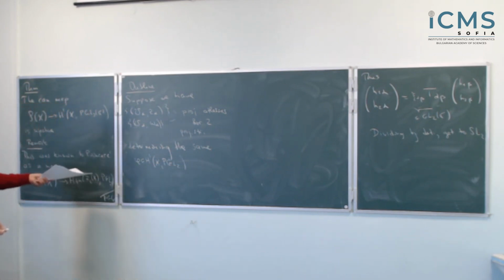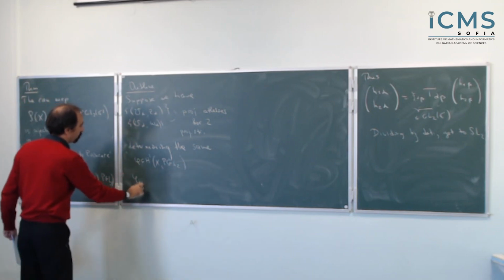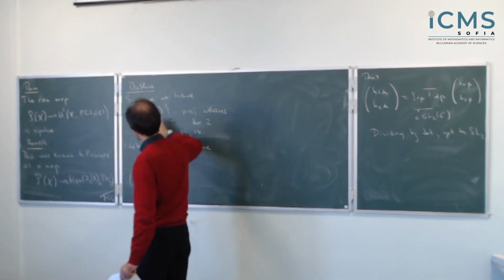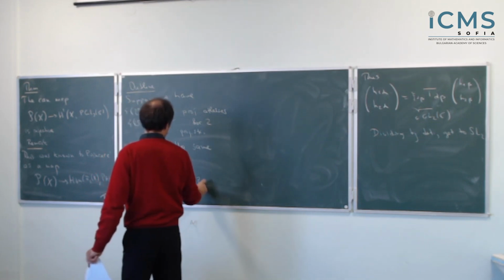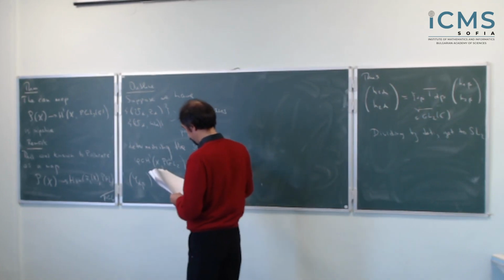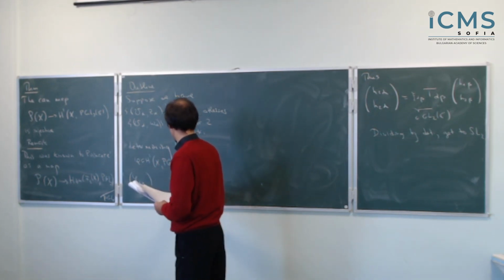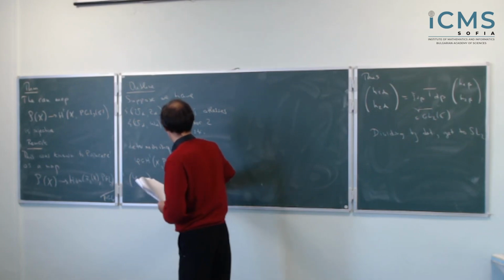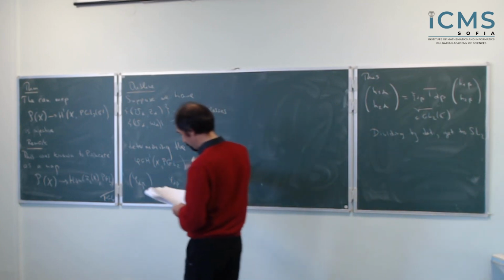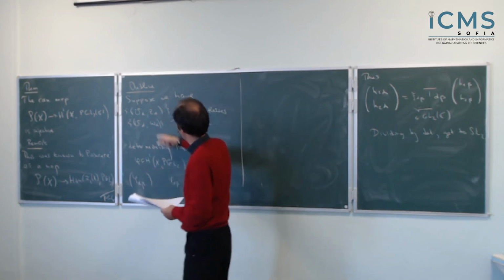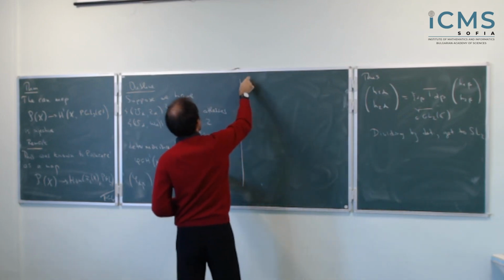Again, we may assume that we've already chosen the cover compatibly, so this phi is represented by both the ratios of the z's and the ratios of the w's, right? I can write either as z alpha z beta inverse, or... So this is the class. I can think of it in PGL2, but by the previous lemma we can lift it, right? So this class lifts. So we apply the lemma to each of the two. There will be some lift that comes for the z's, and there will be some lift that comes for the w's. I also pick, let's say t